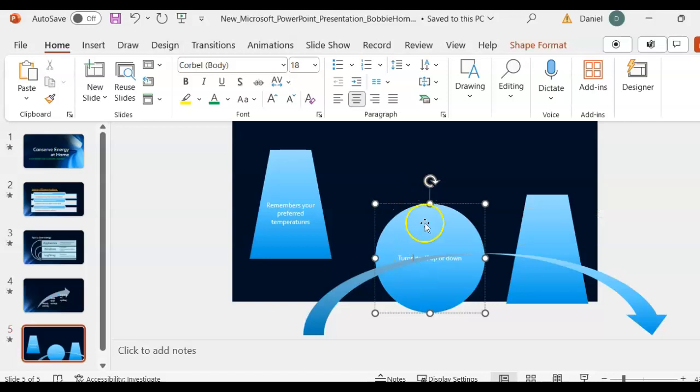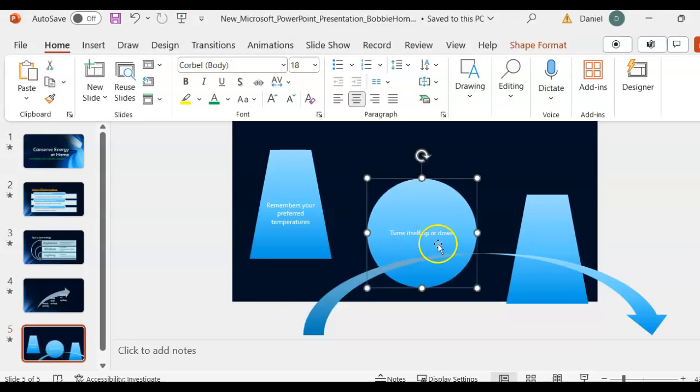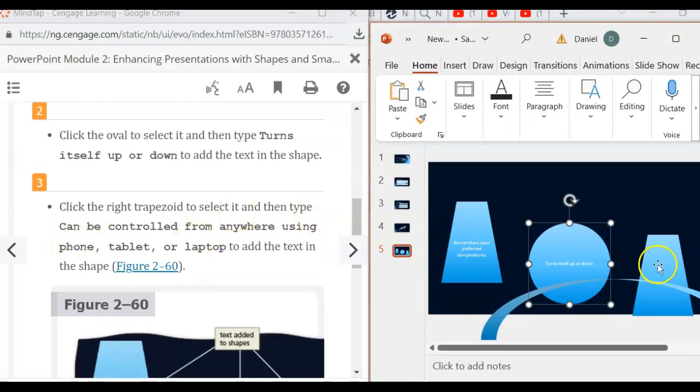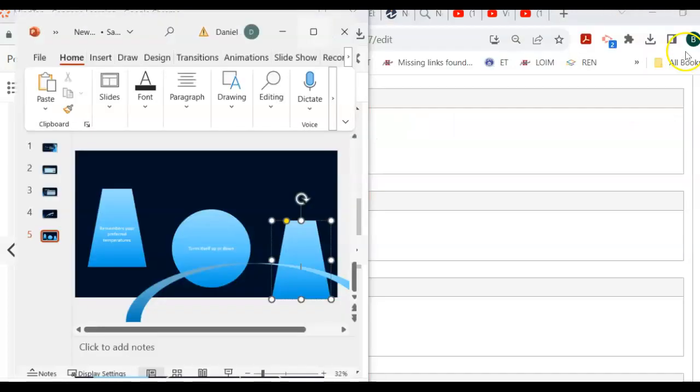I'm going to move this up so we can see it. Turns itself up or down. Remembers your preferred temperatures. And then the right trapezoid, we're going to put "Can be controlled from anywhere